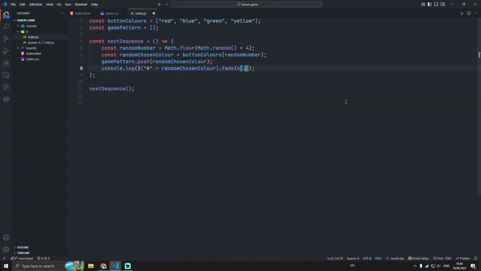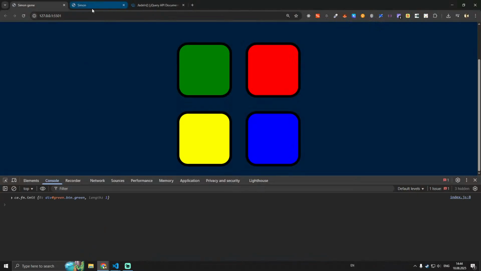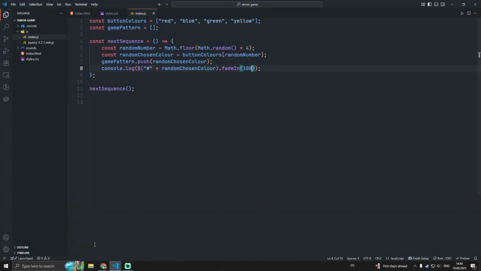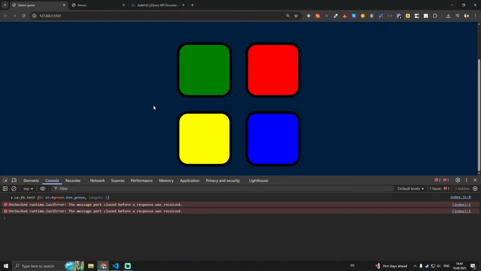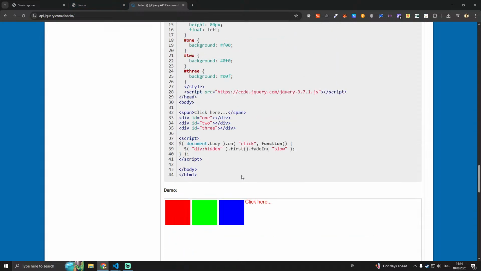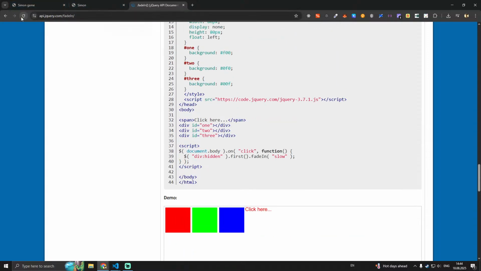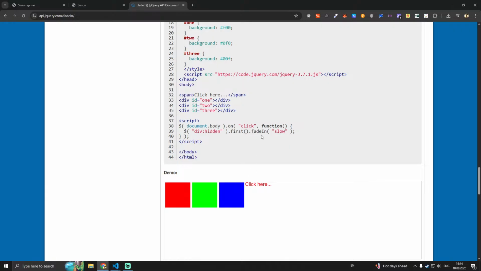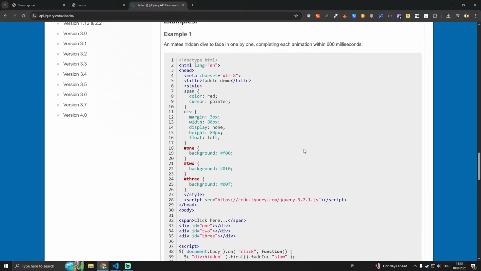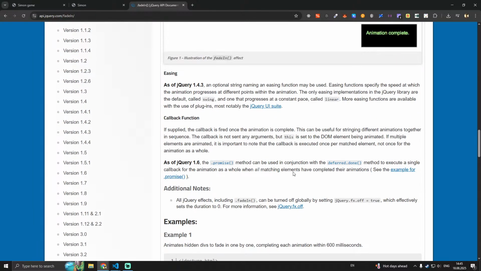Okay, fade in, and we're going to add some numbers. Still nothing happens, because usually this thing is actually showing me that I have clicked, but I need to make it disappear after this effect,